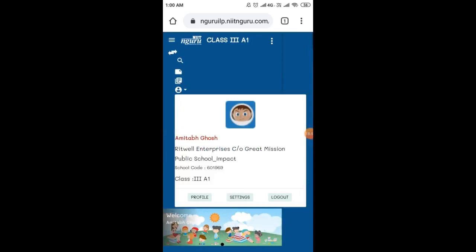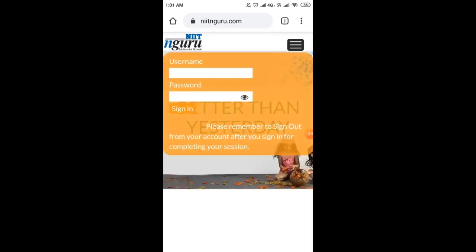Please do not forget to log out from NIET portal, or else you will get a warning message that you have already been logged in, and it won't allow you to re-log into the NIET portal. So once you end every session from this website, you have to log out in a formal process.